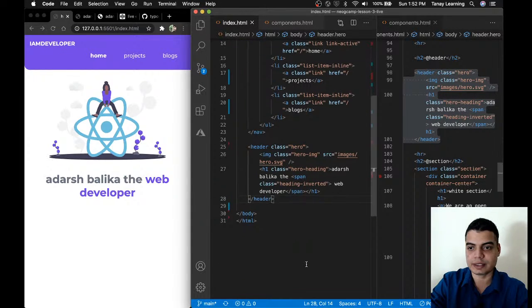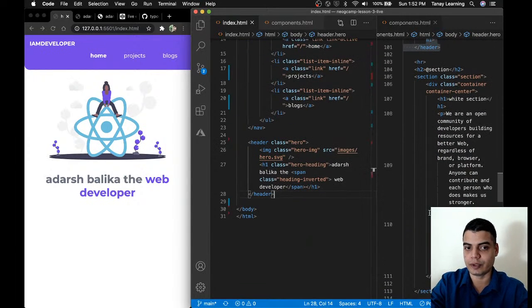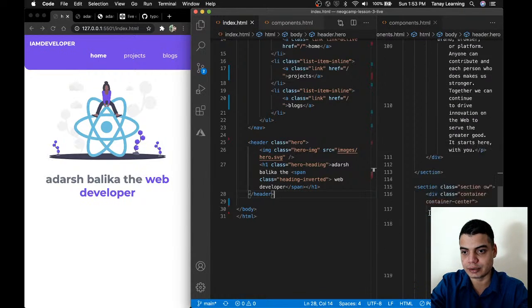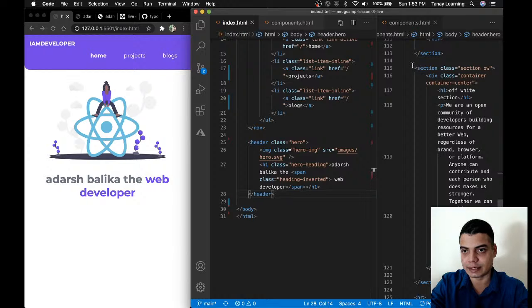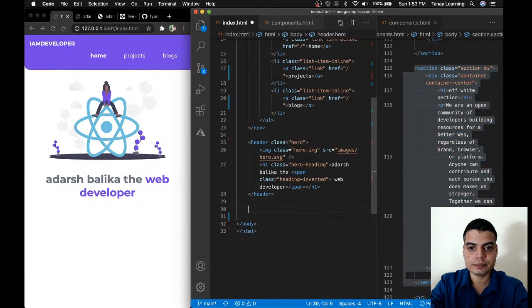What next? I want a section. What section do I want? I want a white section, or an off-white section. I don't know. What should I do? Let's try with an off-white section so that there is a clear demarcation. So I'll go and get my off-white section from here. Copy, paste,